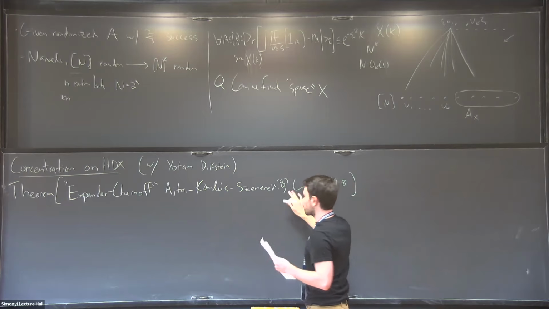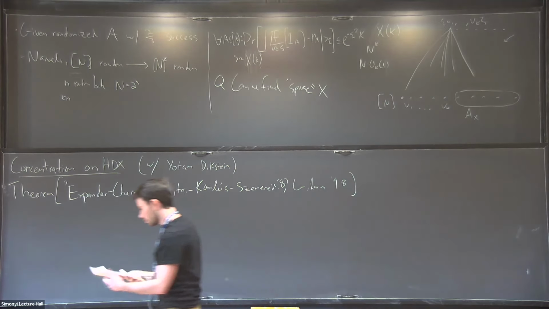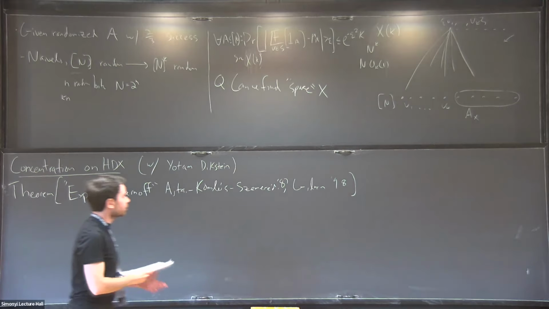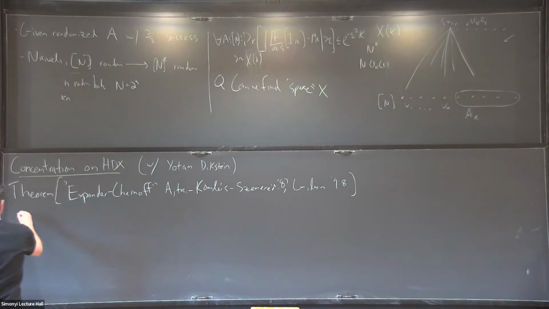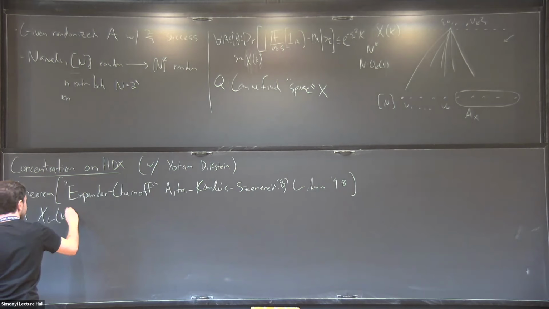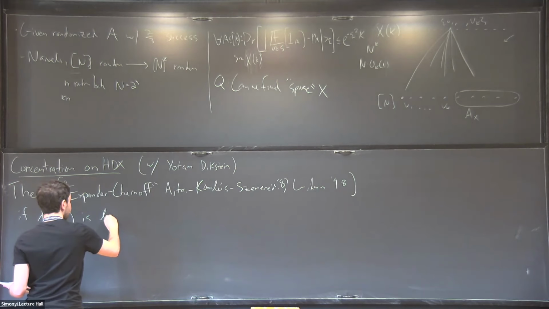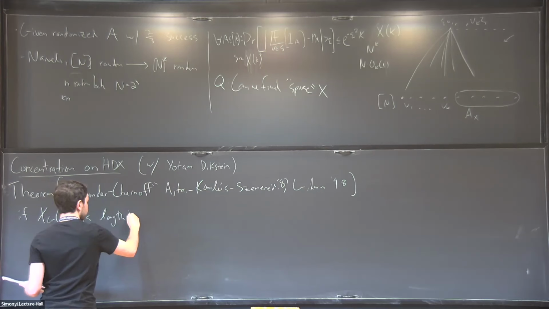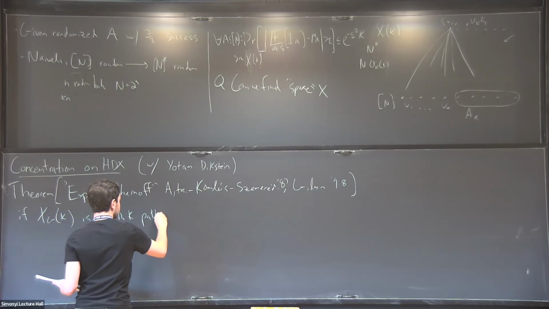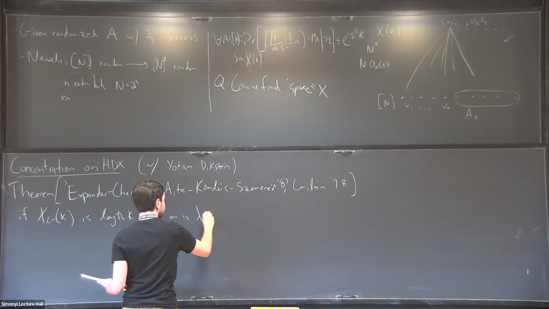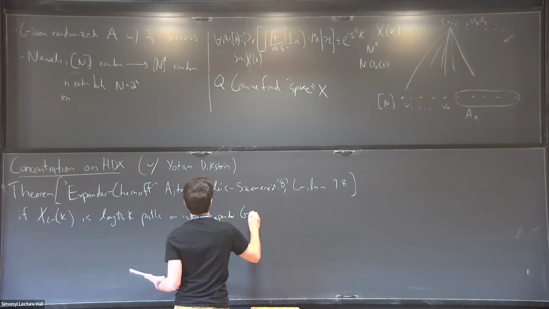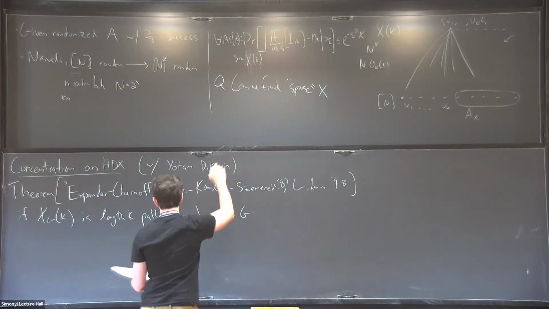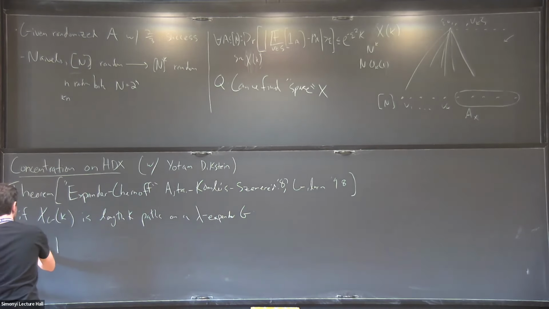The optimized version that I'll write is due to the later work of Gillman, and it says that expander walks have exactly this property. In particular, if X_G^k is the set of length k paths on a lambda expander G, then this probability, for all subsets A,